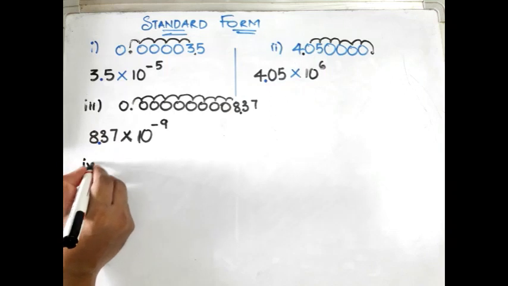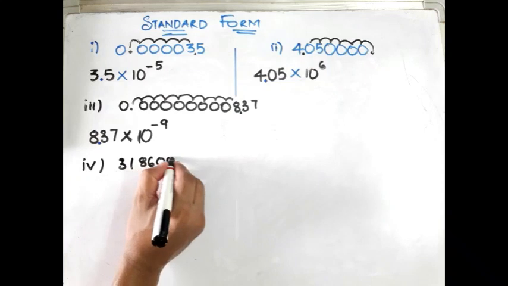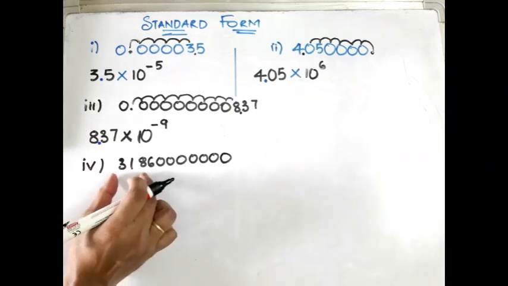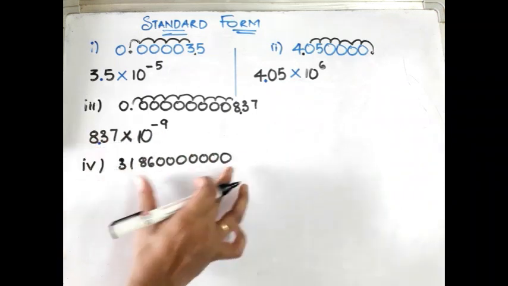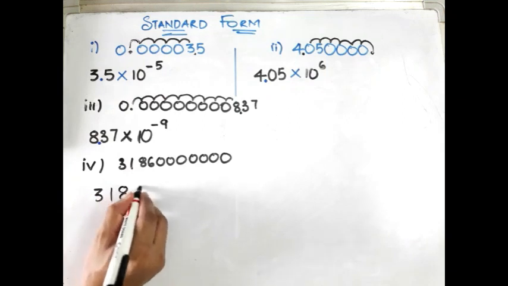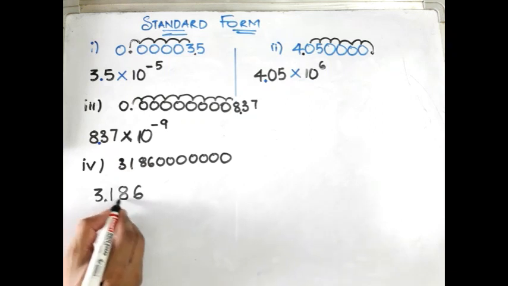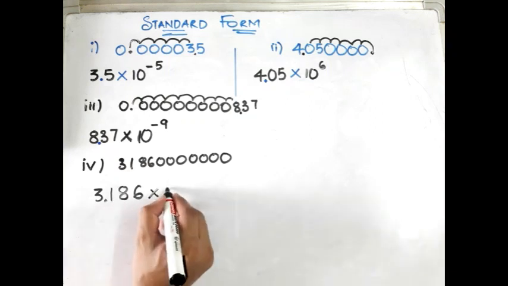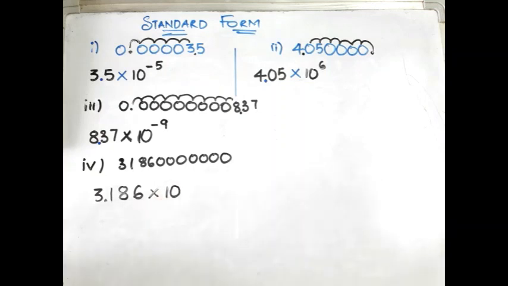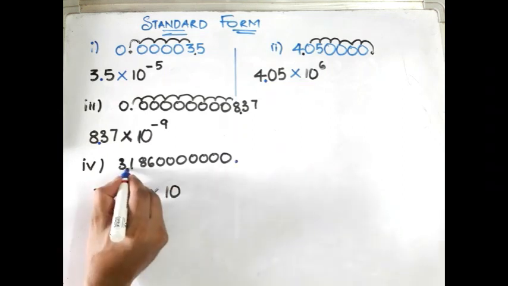So, I want to give one more example. Look. 3186 1 2 3 4 5 6 7. Okay, so here we don't see any kind of decimal in the question, and the solution will be: write the number 3186. After one number only we have to take the decimal. Okay, don't jump to the next questions. Into 10 power, we will assume that the decimal is here. In the answer, we kept the decimal after 3.